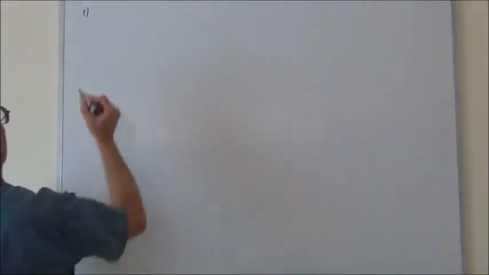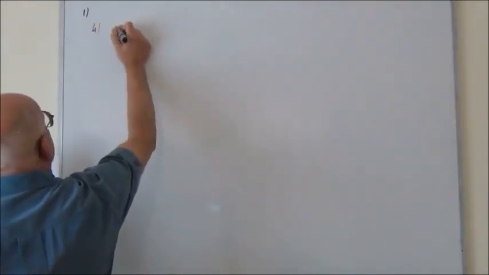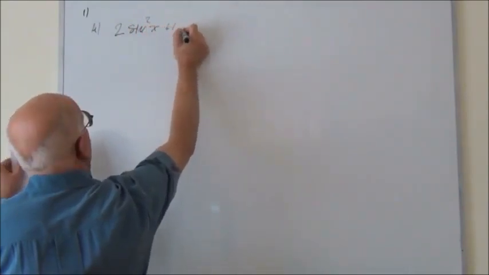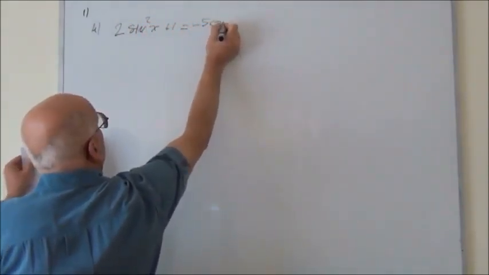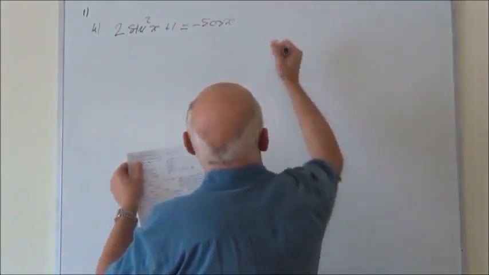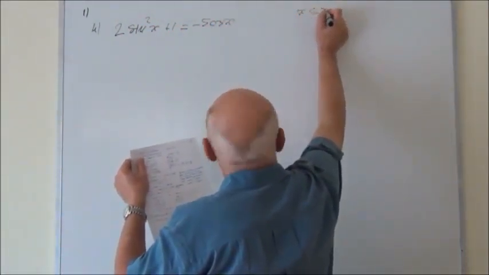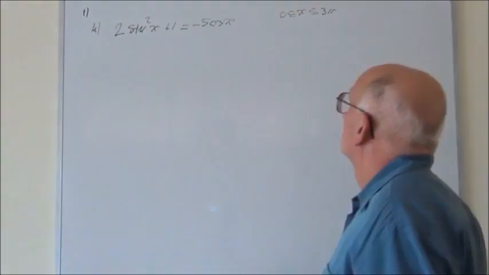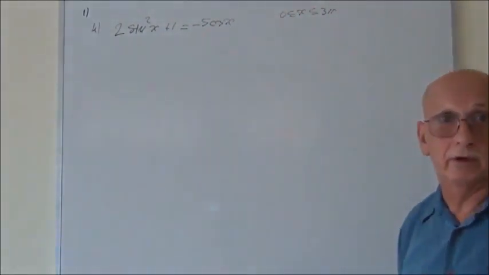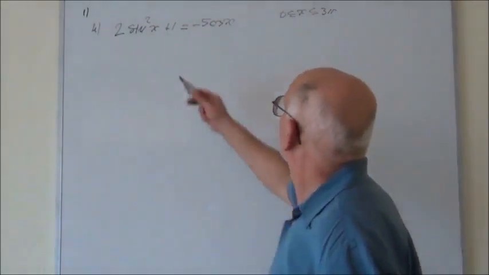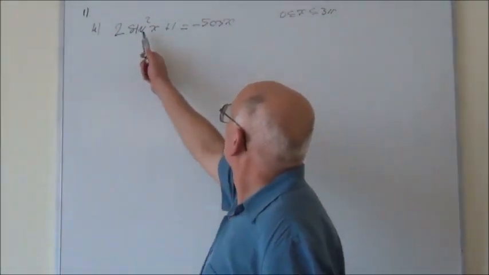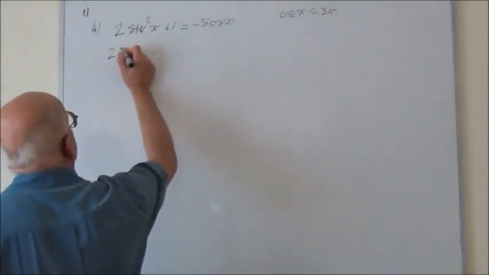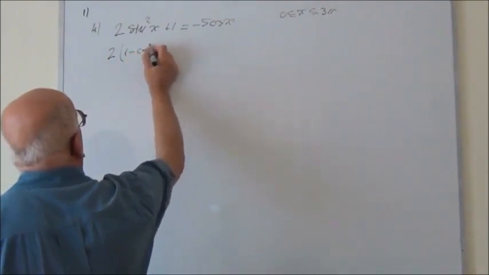So our next question on the hedge is 2 sin squared x plus 1 equal minus 5 cos x, and x is from 0 to 3 pi. Again, it's quite obvious. Now we are confident enough that we have a quadratic equation. We have to change sine squared x in terms of cos squared x, and we can write straight away 1 minus cos squared